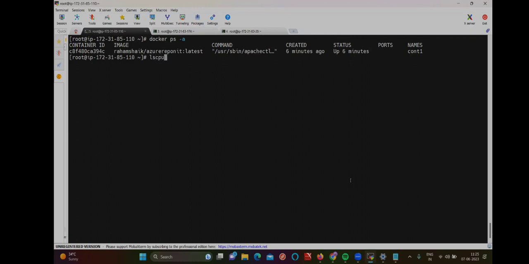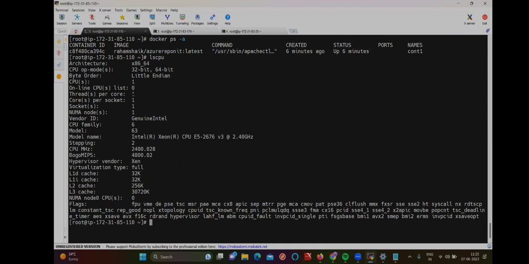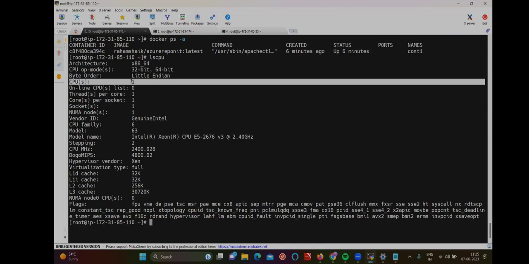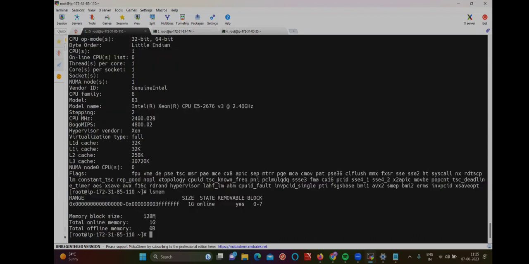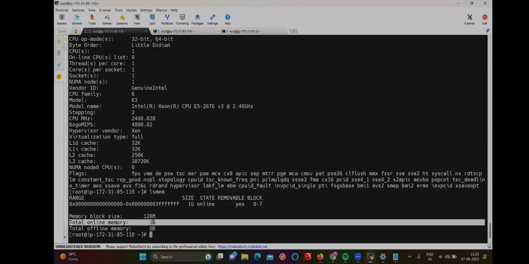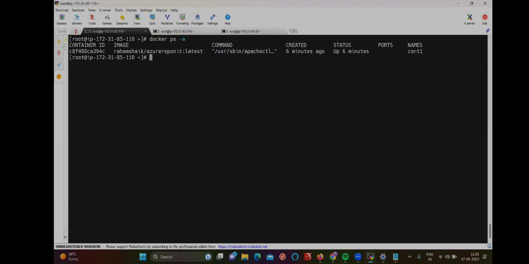lscpu. If you give lscpu, you get the number of CPUs. How many CPUs do you have? And if you give lsmem, how much RAM are you using? 1 GB. Is it clear? Why? Because it is a t2.micro, 1 CPU as well as 1 GB of RAM. So now here this is the container, and for this container I want to allocate